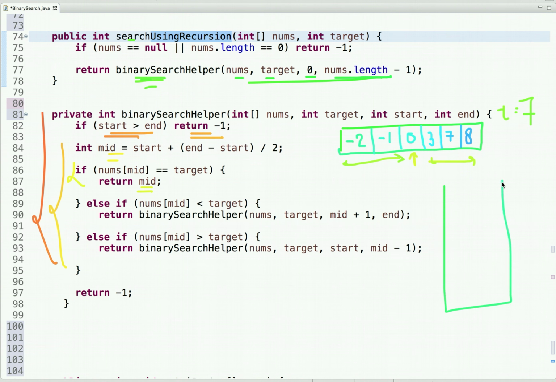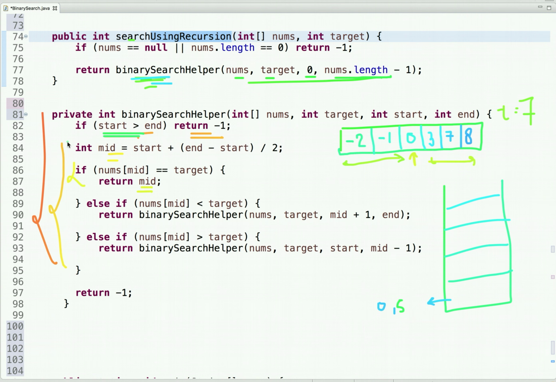So let me draw a call stack so that you can visualize how we are searching this value in this array using recursion. Now when this method is called, let me put it in a call stack, in a simple format. Start is 0 and end is 5, which is array length -1. Then we first check whether start is greater than end.